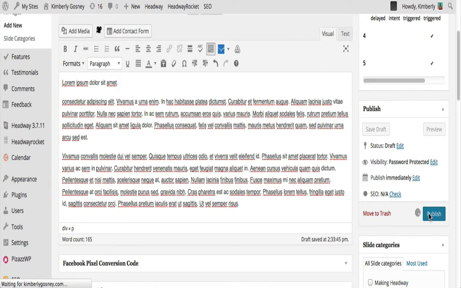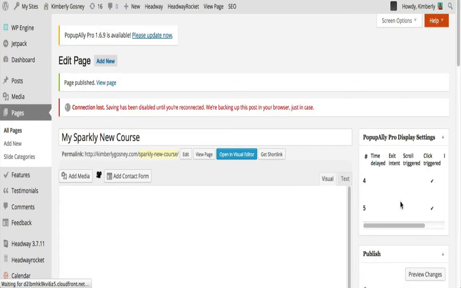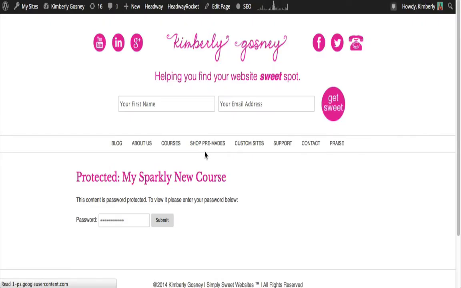And here's where the bubblegum part really starts to come into focus. I'm going to view this page. Ba-bam! Look at that! I have a course, and it took me 5 minutes to set up. So if your course has 5 pages, you're going to make 5 pages for your course, and you're going to give it a password, and then you're going to email your peeps and say, hey, check out my sparkly new course. All you have to do is use this password to log in,